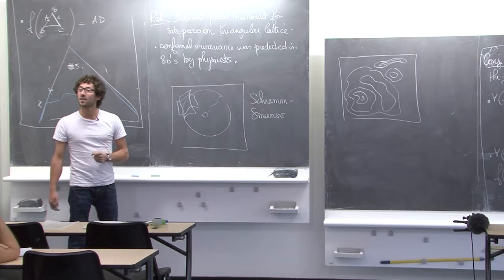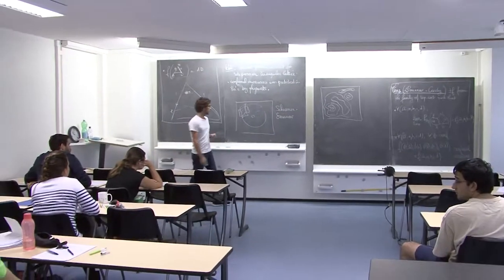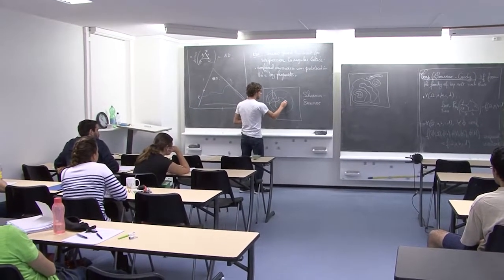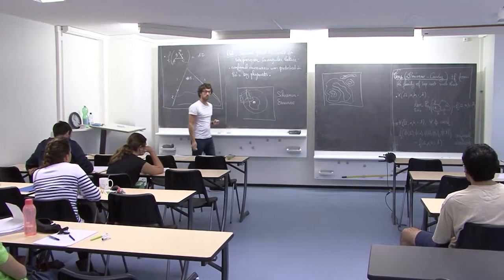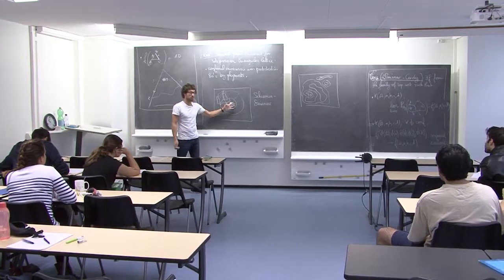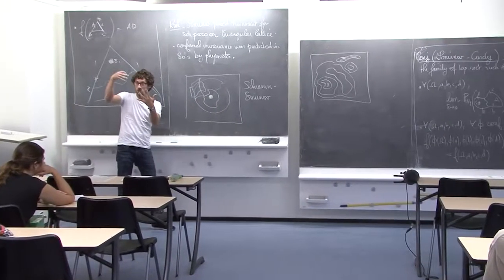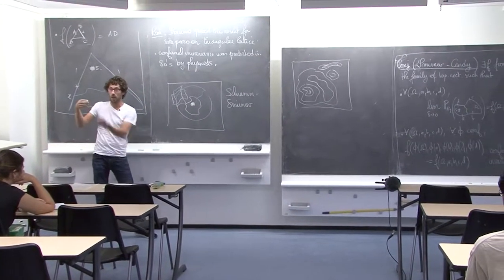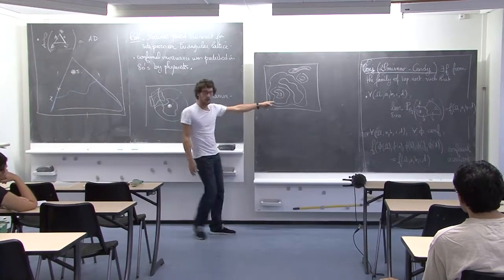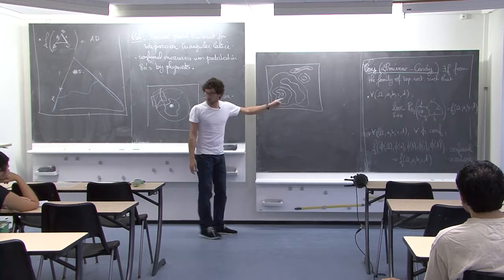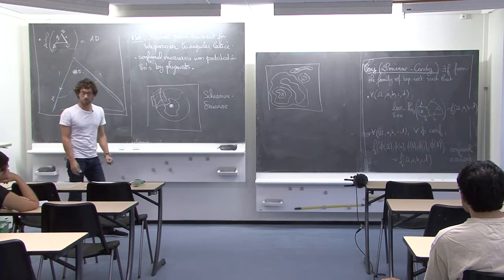No loops around the origin. Exactly. There are no loops in this annulus separating this point from the outside. Because if there is a loop, that means that there is a cluster which is blocked, like there is an interface between green and blue. So there is no path going from the interior to the exterior. So you see that this is going to be much simpler in terms of connectivity properties.